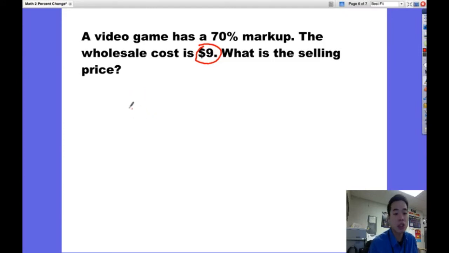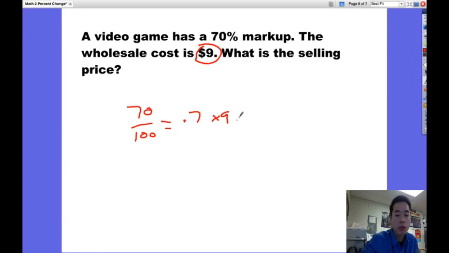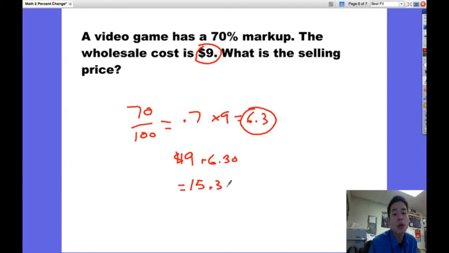So the first thing I'm going to do is change 70% into a decimal by putting it over 100. Take whatever percent and put it over 100. You guys can do this in the calculator, or you know that 0.7 is the result. And I'm going to take this 0.7 and multiply it by the price of wholesale. So then I get 0.7 times 9, which becomes 6.3. And this is how much that is 70% marked up. So markup just means the same thing as increasing. I'm going to take $9 plus $6.30, and the video game is going to cost me a total of $15.30